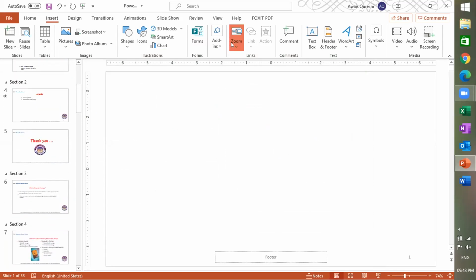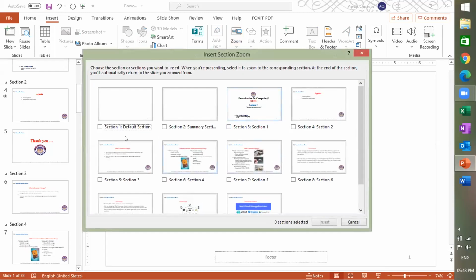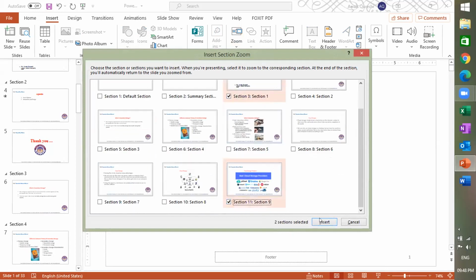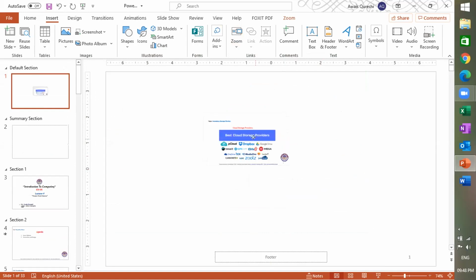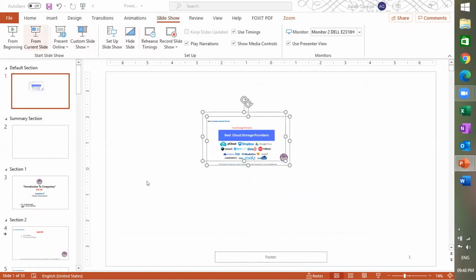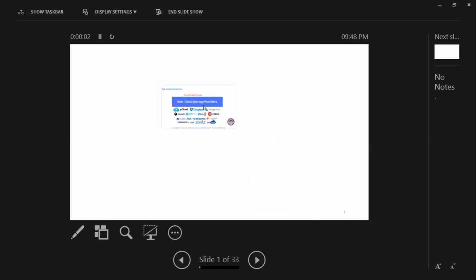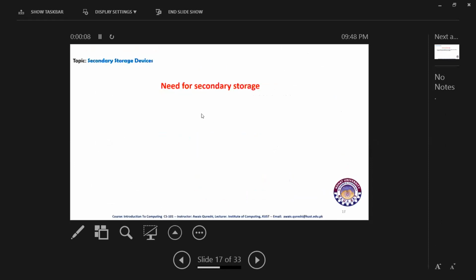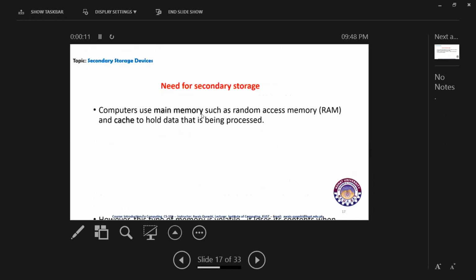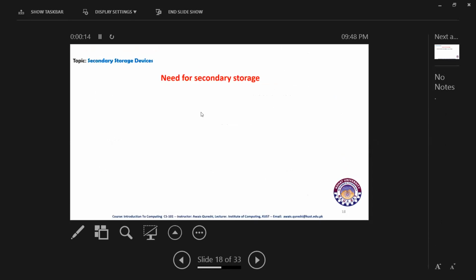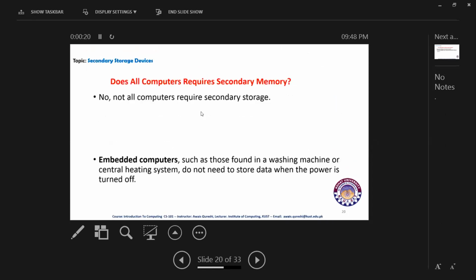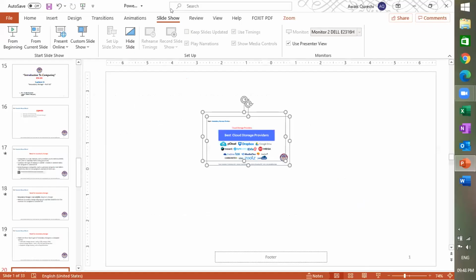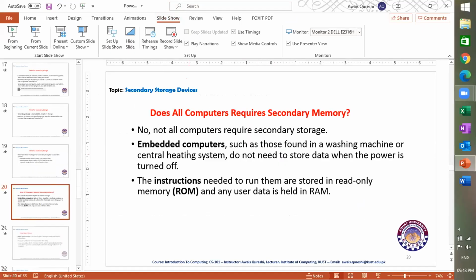So now we are going to create a section zoom. If section 1 is empty, now section 1 and then section 2, only two sections. So we can directly jump to those sections by using this slide, okay. So now I'm clicking on this same section, and this means that in one click I can iterate on the whole section. If I want to jump to the sections, then I can do it like this, okay. So this is the way with the help of which we can iterate on our sections, okay.